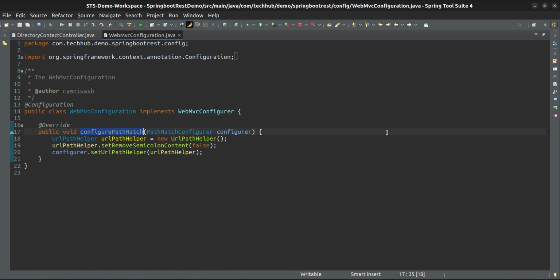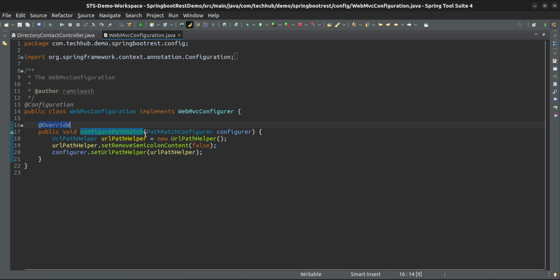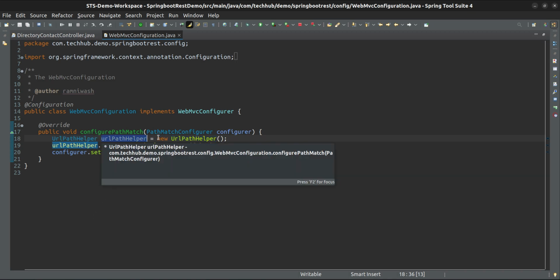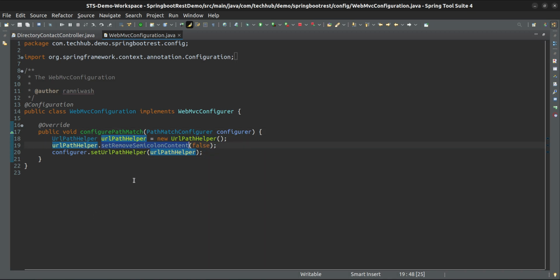Inside the WebMvcConfigurer interface, configurePathMatch is one method that you have to override, and a PathMatchConfigurer parameter is passed. So what you have to add in this configure method, you have to set the UrlPathHelper. UrlPathHelper is equal to new UrlPathHelper, setRemoveSemicolonContent is equal to false, and then set the UrlPathHelper.